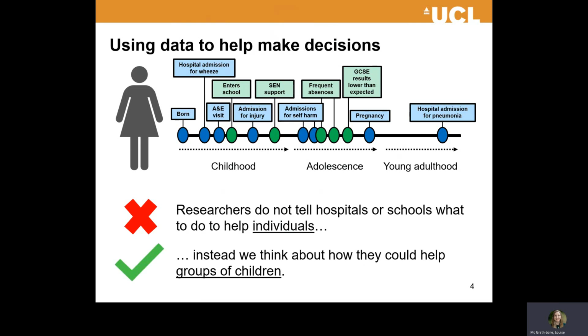So as an example, when I was a science teacher, I used absence data about my students to make decisions about which individuals might need to come to science club or have an extra after-school session to catch up on material they missed. But as a researcher, I would use absence data to understand which groups of similar children might need extra support from schools to make sure they achieve their full potential.